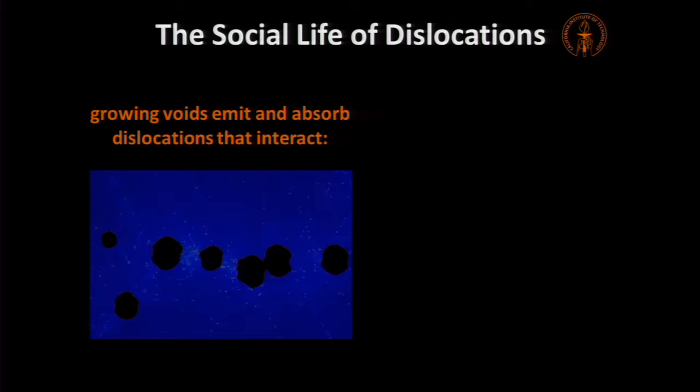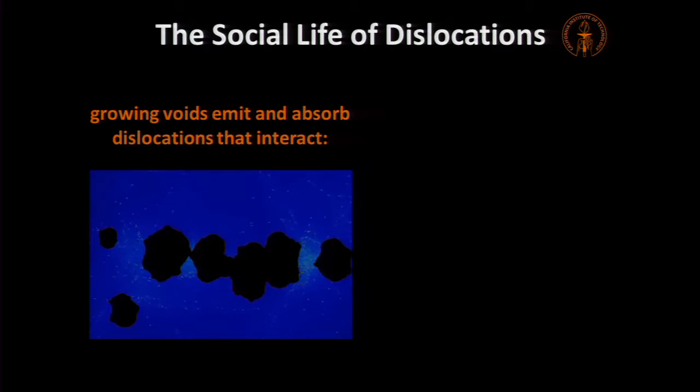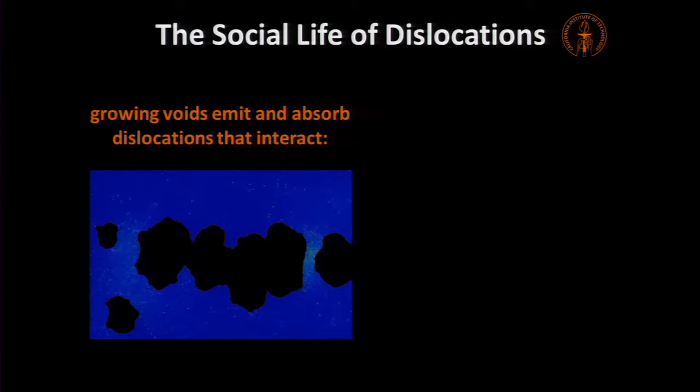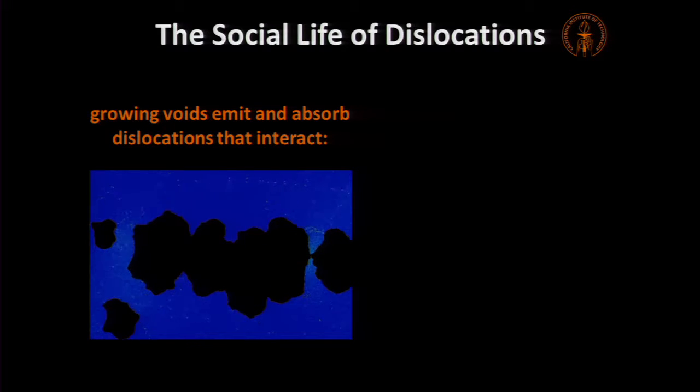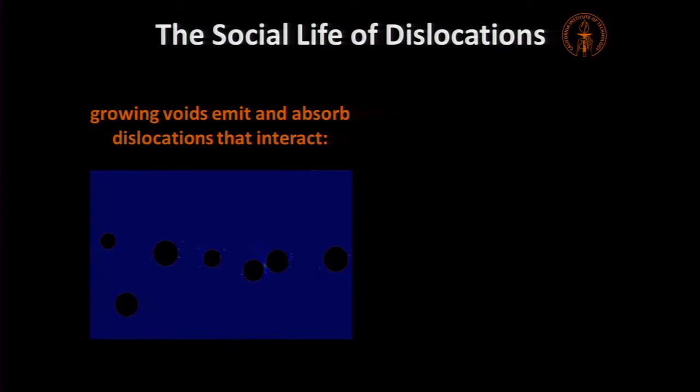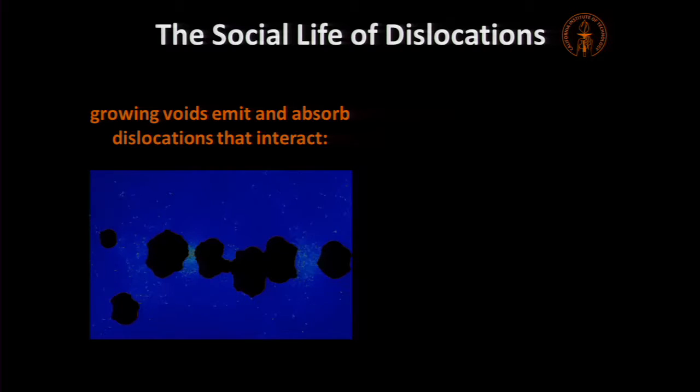This is an example where we have a piece of metal with a number of voids in them, and we pull on it. Initially, of course, deformation is elastic, nothing really happens, but at some point it becomes plastic. What the voids do, it will start over in just a moment, is they emit dislocations. All of these, here they go. All of these little things that look like ants running around in your garden are nothing else but dislocations flying through the material, accommodating large deformation.